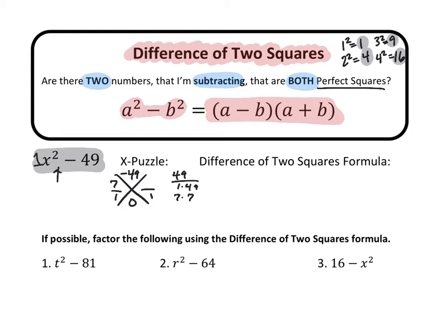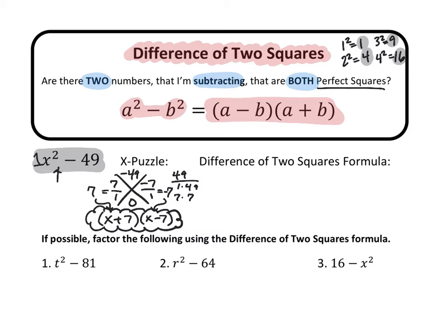Luckily, if I use 7 and negative 7 in my X puzzle, I'd be able to quickly say, all right, 7 divided by 1 is 7, negative 7 divided by 1 is negative 7. We bring these down. This is x plus 7 and x minus 7. Now, there's nothing wrong with doing that. That is a correctly factored